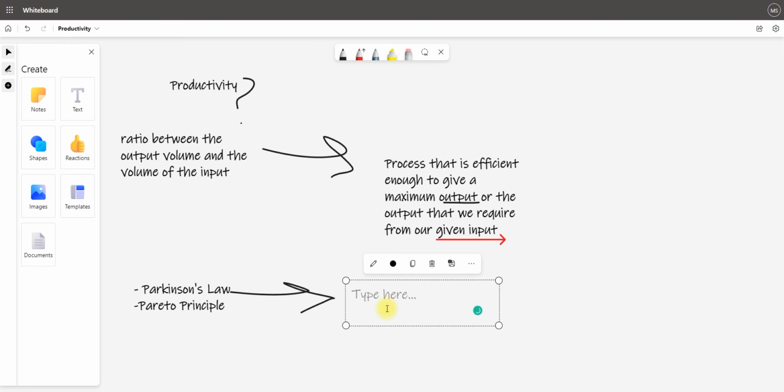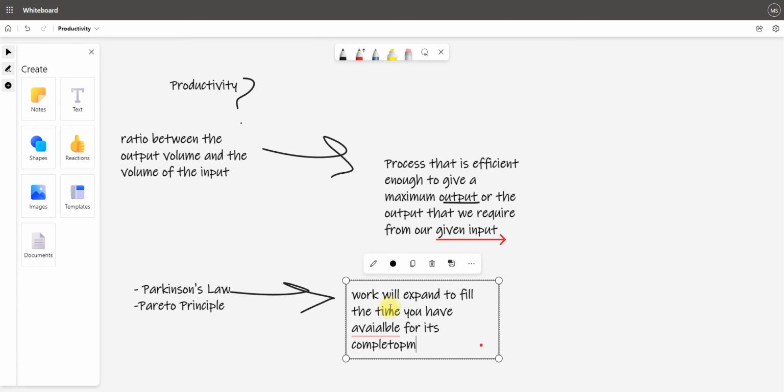It says that work will expand to fill the time you have available for its completion. So what does this mean? If you were given more than 24 hours in a day,